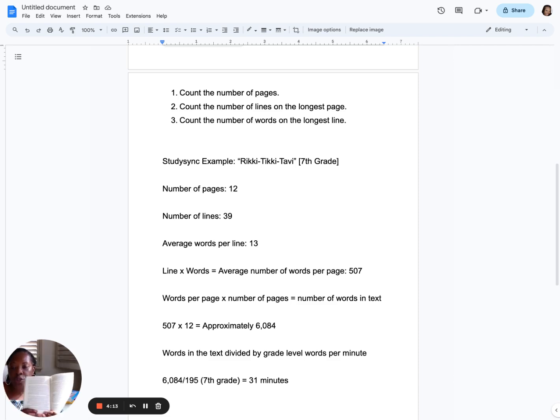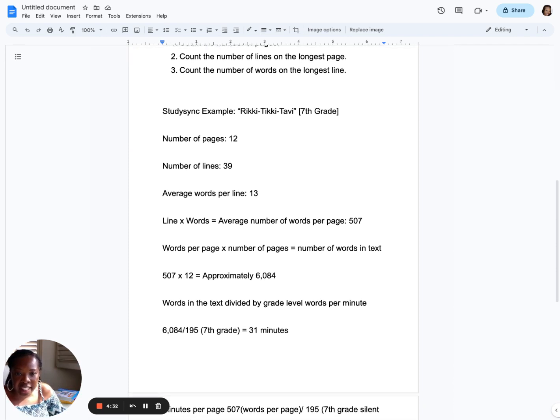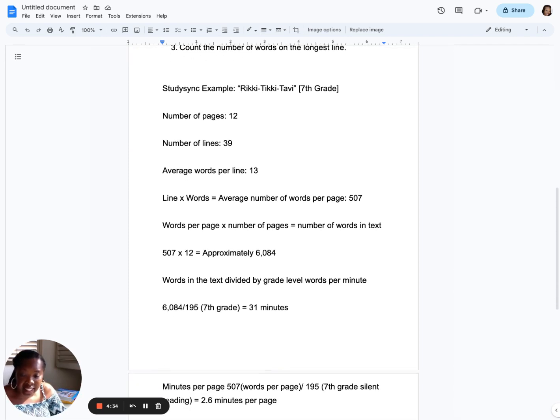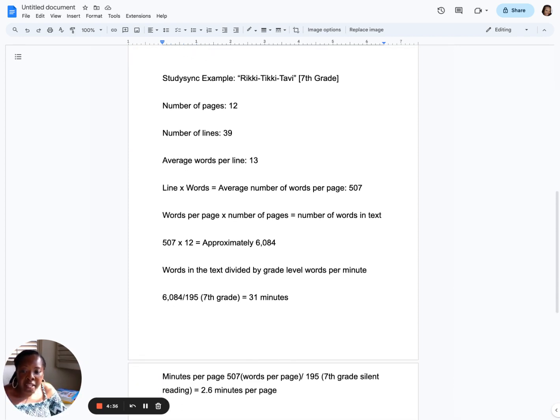So the first thing that you do is you count the number of pages in the chapter, then you count the number of lines on the longest line, and then you count the longest lines on the page, the number of lines on the page, then you count the number of words on a line. So in Rikki-Tikki-Tavi, for example, in the StudySync text for seventh grade, there are